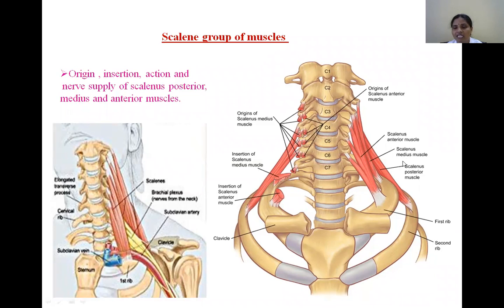Then what is the scalenus medius muscle? It takes origin from the costotransverse bar. Actually, you see, each transverse process of the cervical vertebrae presents 2 tubercles and 2 roots, anterior root, posterior root, and the anterior root terminates as a tubercle which is known as anterior tubercle. Posterior root terminates as a posterior tubercle. In between there is a bony bar, costotransverse bar, right?